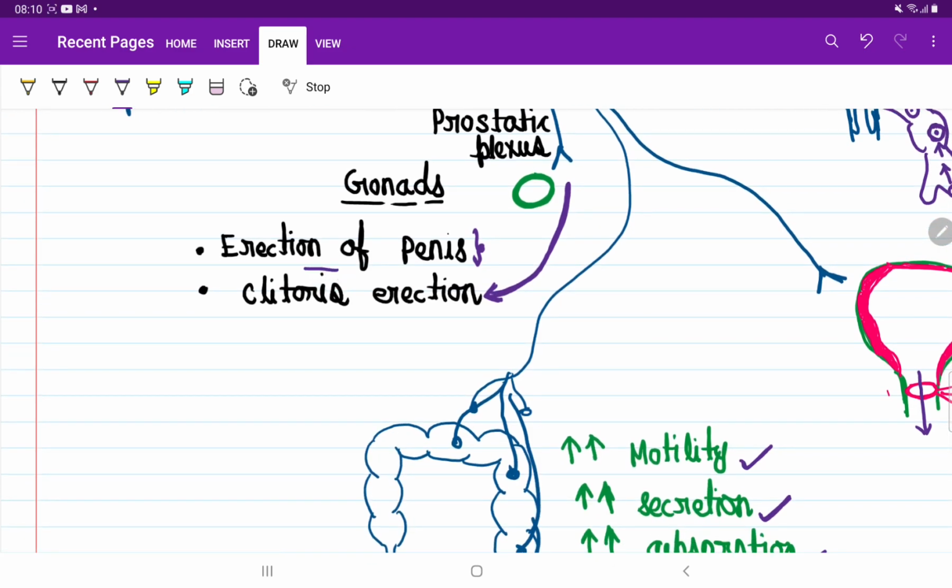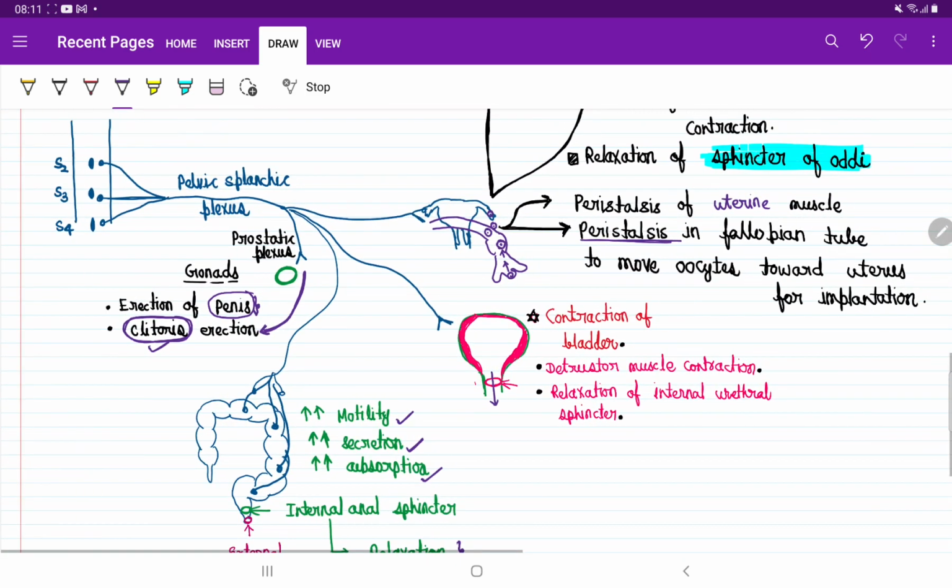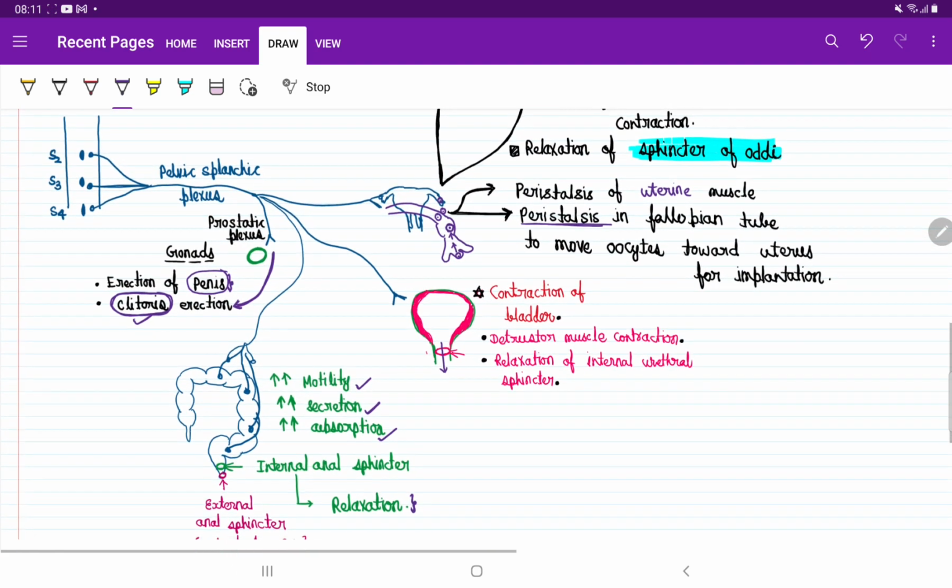The clitoris is the analogous organ in the female. Our penis is made of erectile tissue, and the clitoris is also made of erectile tissue. So it has a great role in the feelings of sexual arousal. So they increase blood supply in the clitoris also. So we have covered